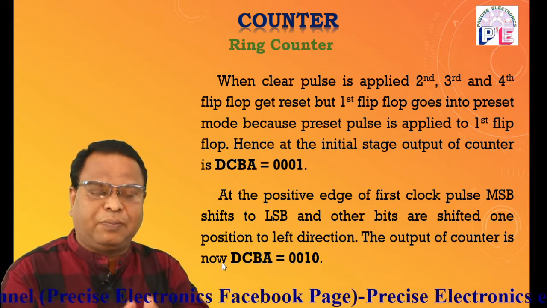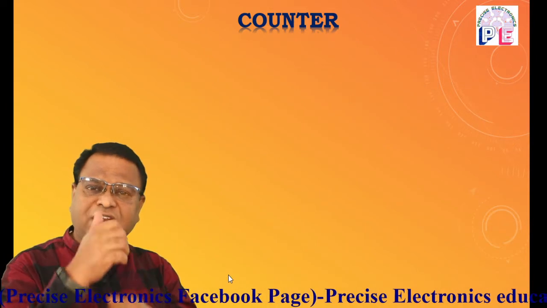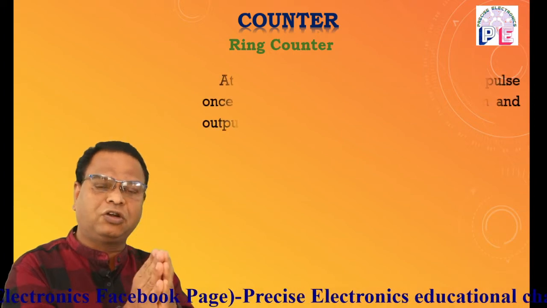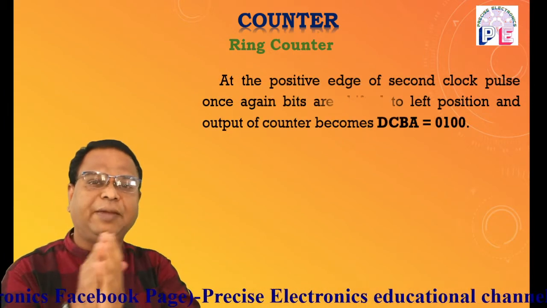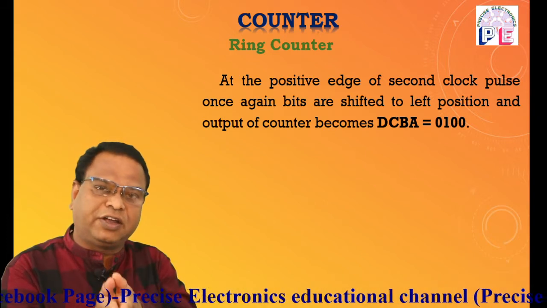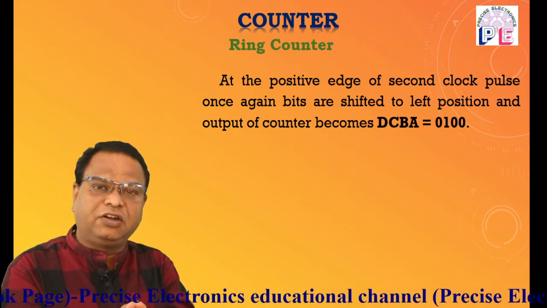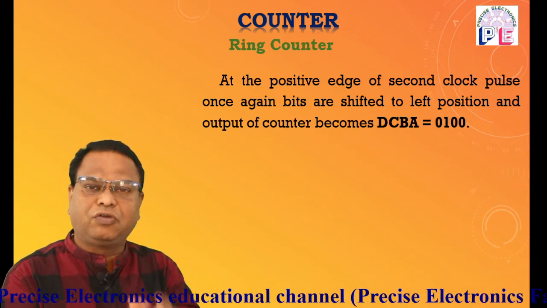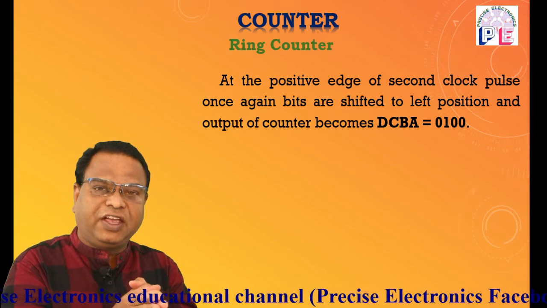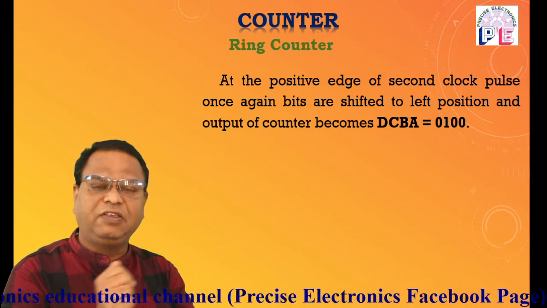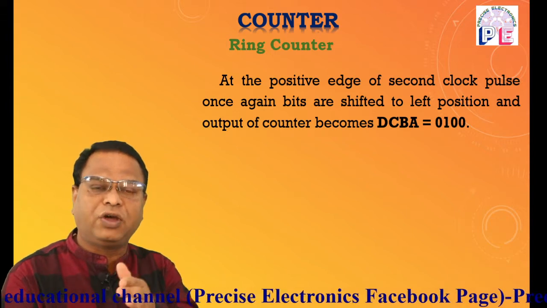When the next pulse applies at the positive edge of the second clock pulse, the bits stored are shifted to the left side. So the bit shifted in the first flip-flop is shifted to the second, the bit stored in the second is shifted to the third, to the fourth, and the fourth returns back to the first flip-flop. So in this case, the output of counter is now DCBA equal to 0100,